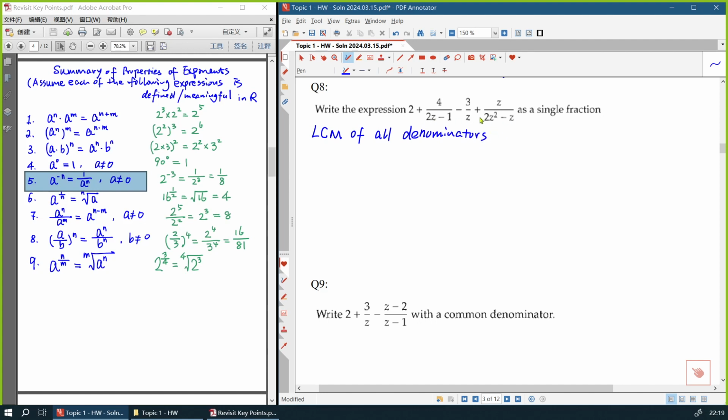So in this case, it's okay. The denominator of the first one is just 1, right? So basically, we need to find the least common multiple of 2z minus 1, z, and 2z squared minus z. Note that 2z squared minus z can be expressed as z times 2z minus 1, right? So the least common multiple of all denominators is just 2z minus 1 times another z, right? That's enough. So we can express that as 2 times